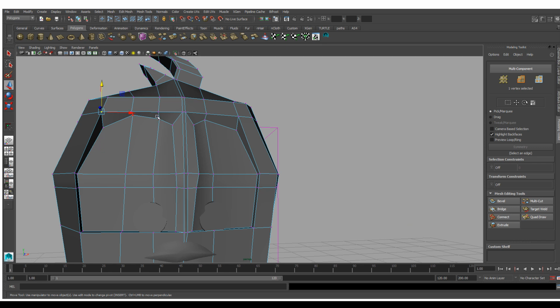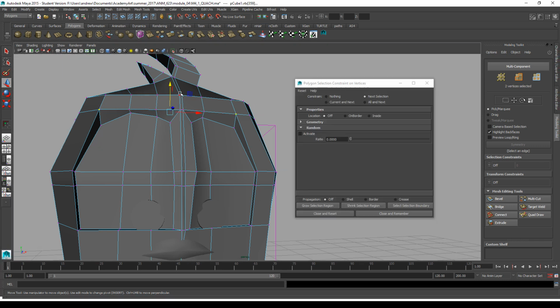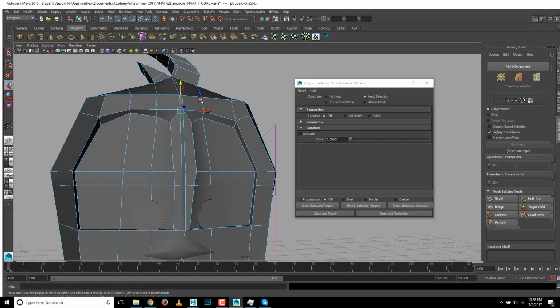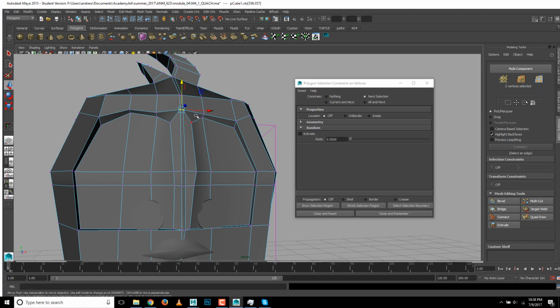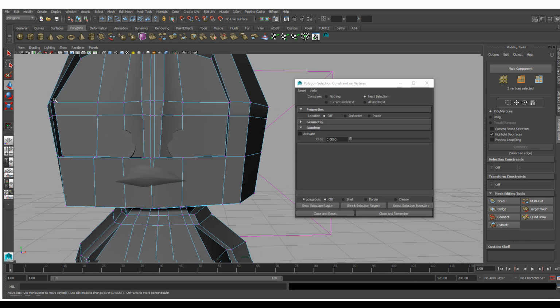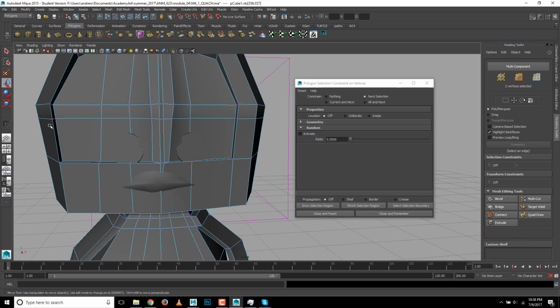And same with these. Maybe these two guys. Depending on what kind of shape you want in there. But, I mean, nothing should be in a straight line from each other. It should all be kind of,